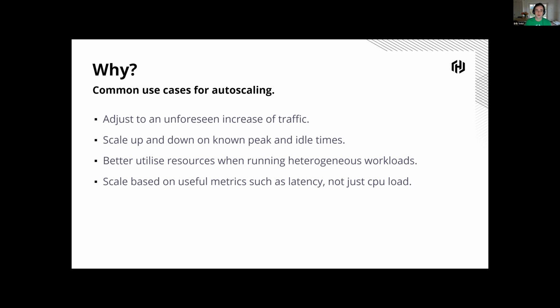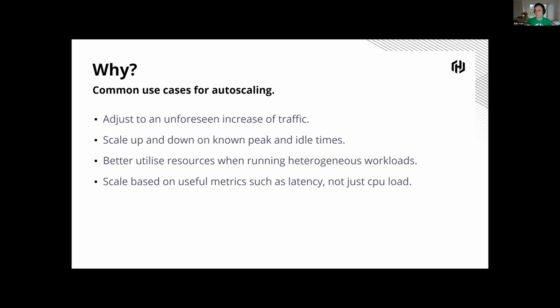Other types of loads could be events such as Black Friday, where we know when we can expect these peak and idle times in load, right? Because we know for each of the regions when people will wake up, when they'll try to buy everything available in any store. And we know that we want to scale up at those time points. And then once that region goes back to bed, we might want to scale down our workloads in that region and then scale up for the next time zone, for instance.